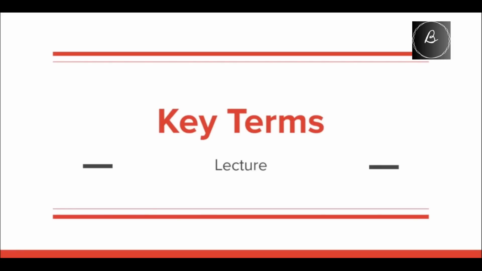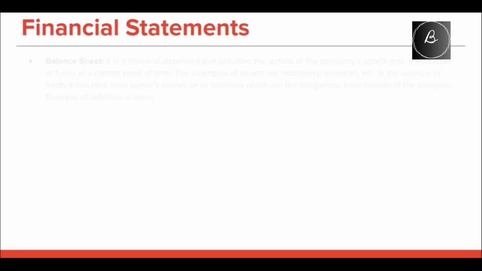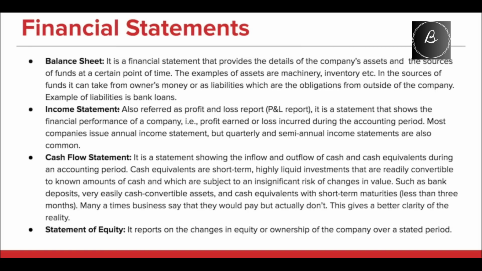We now aim to understand the balance sheet. Let's look at a few key terms. To recall, a balance sheet is a financial statement that provides the details of the company's assets and the sources of funds at a certain point of time. The examples of assets are machinery, inventory, etc. In the sources of funds, it can take from owner's money or as liabilities, which are obligations